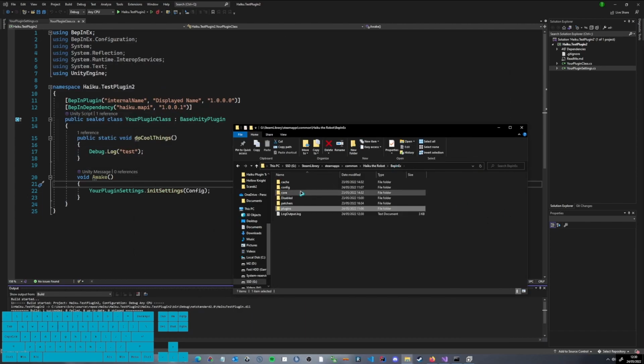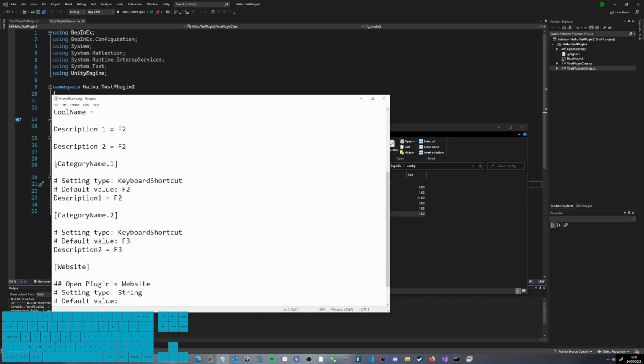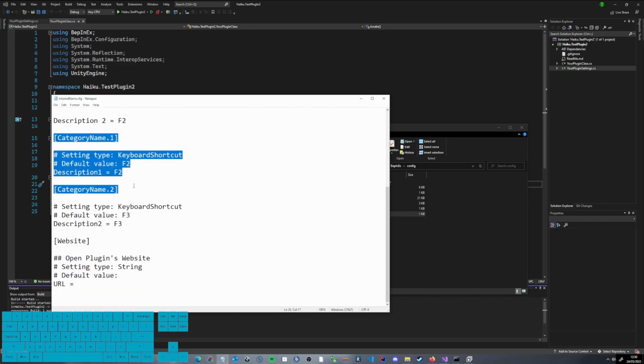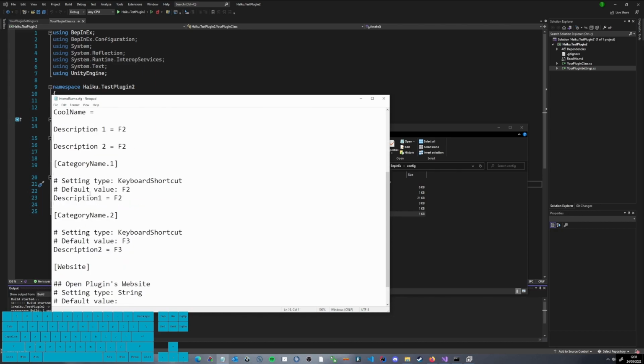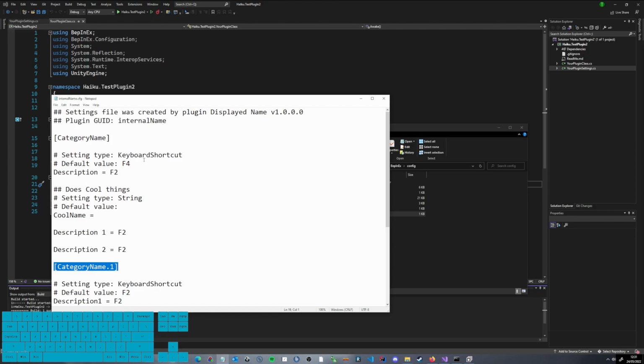We go to the config, and you can see that it also created this config where we have our buttons and our keyboard shortcuts. Here we can also see that we have the description for the category, and we have the displayed name, the version number, and the internal name.